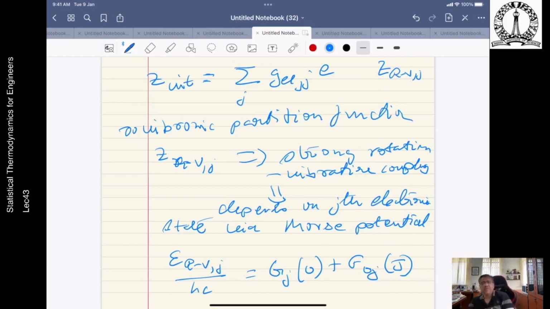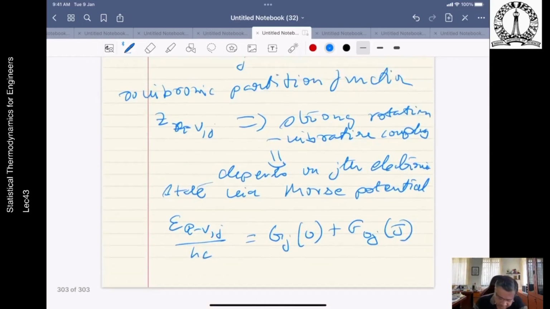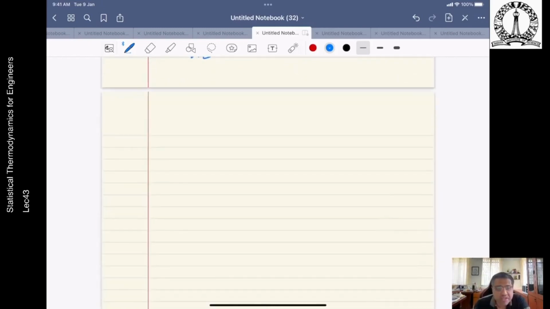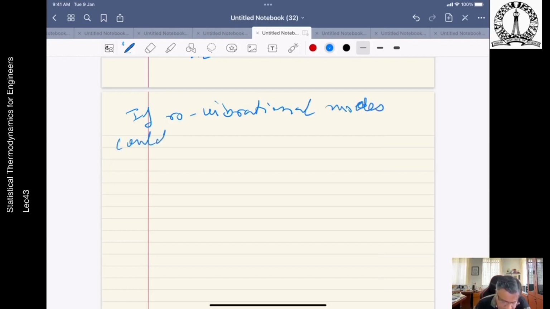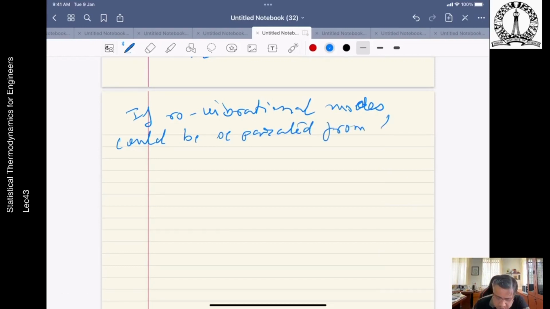So the thermodynamic properties would be considered to be simplified if the coupled rotational modes were separated from the electronic energy modes. Okay, so if the rovibrational modes would be separated from their electronic energy modes,